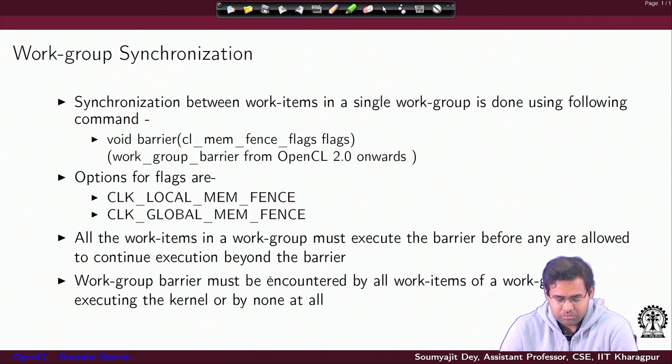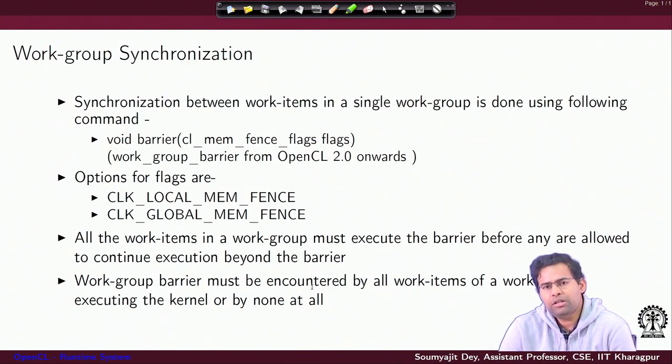Well, that is not true. The semantics of barrier is that you have to write the code in such a way that either all the work items are supposed to execute the barrier, they have to encounter the barrier, or everybody will bypass it, because the runtime system by its definition of the barrier would wait for all the work items to encounter it.